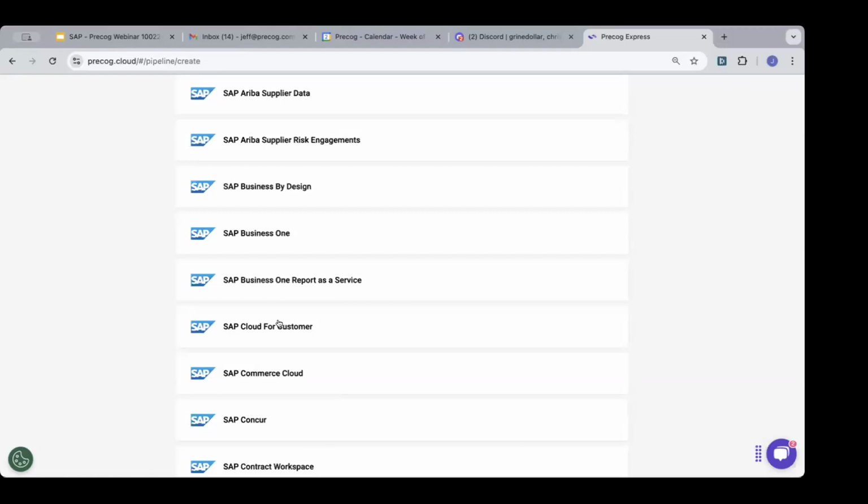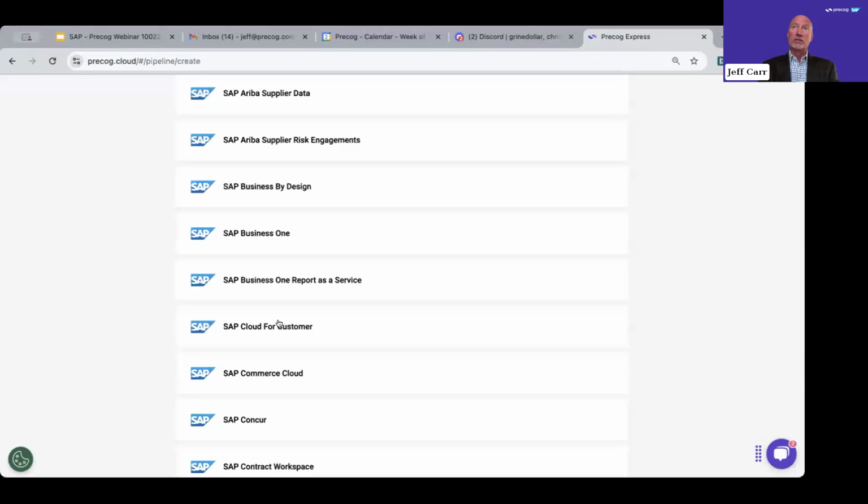Okay, next question is, what is your pricing model? So the pricing is in the SAP store, but basically it's per application that we're connecting to. It's an annual subscription. In some cases, a lot of our SAP customers will do multi-year agreements just to simplify it, but it's just an annual subscription.